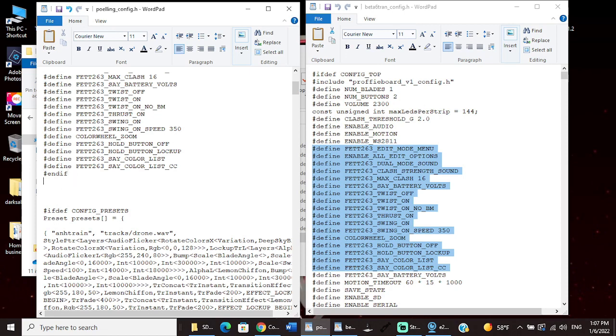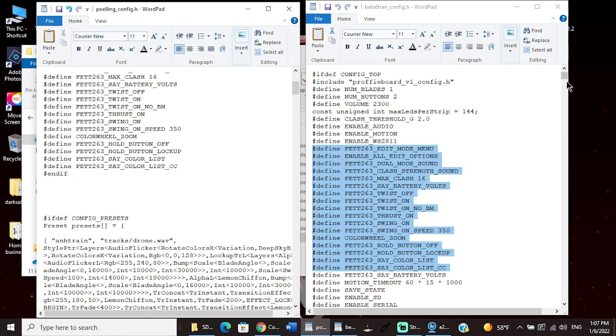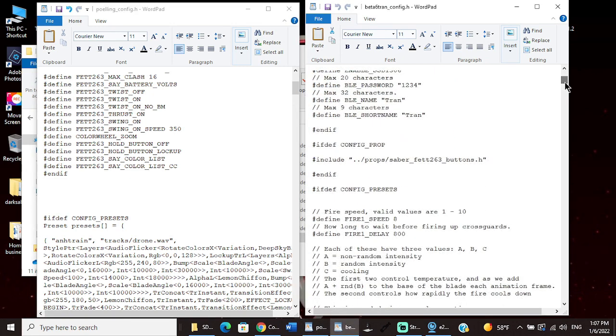Now that our config top is done, I need to define that we're going to use Fett263's prop file. And Fett263's prop file begins here. #ifdef CONFIG_PROP #include "../props/saber_fett263_buttons.h" #endif